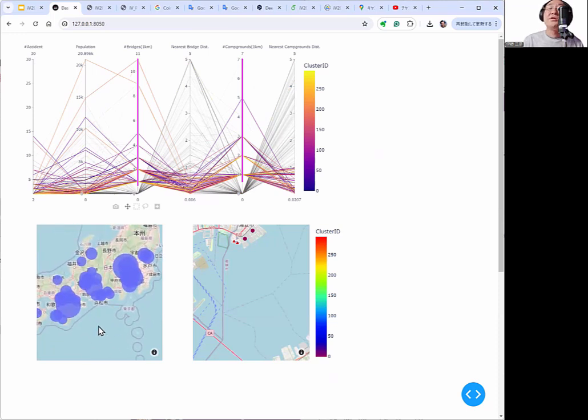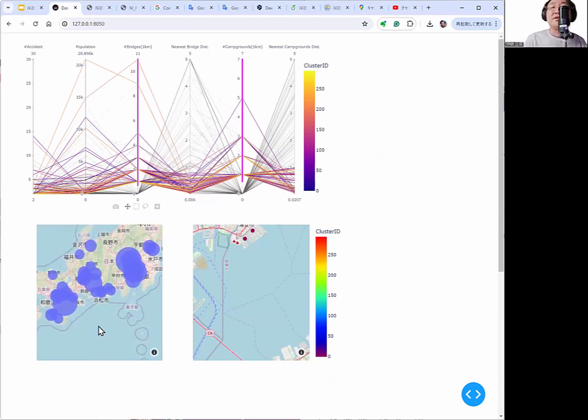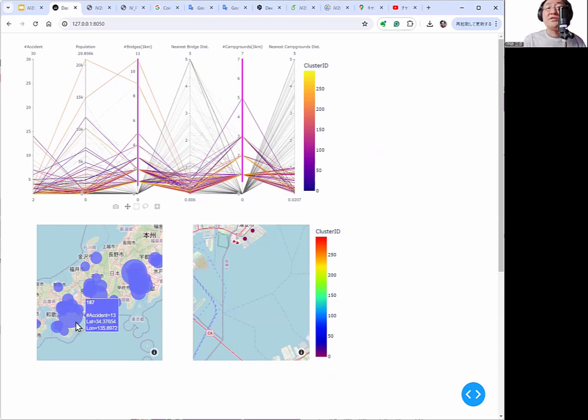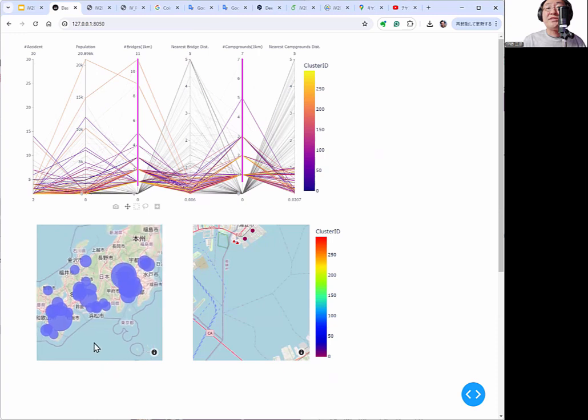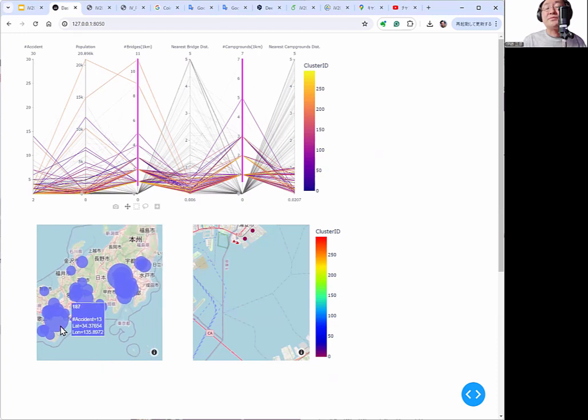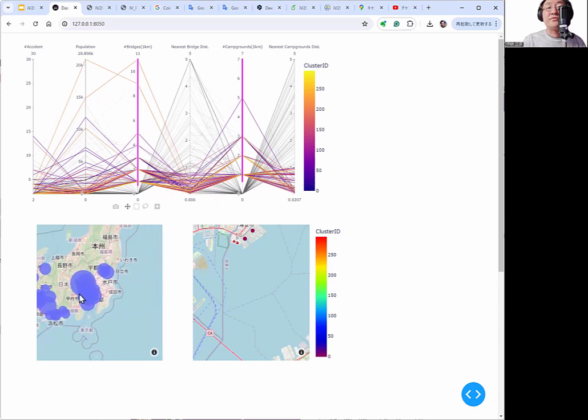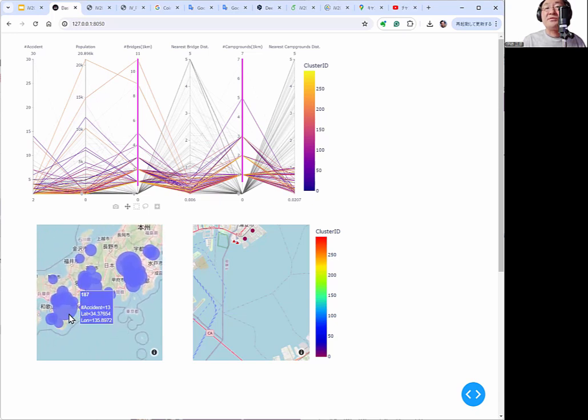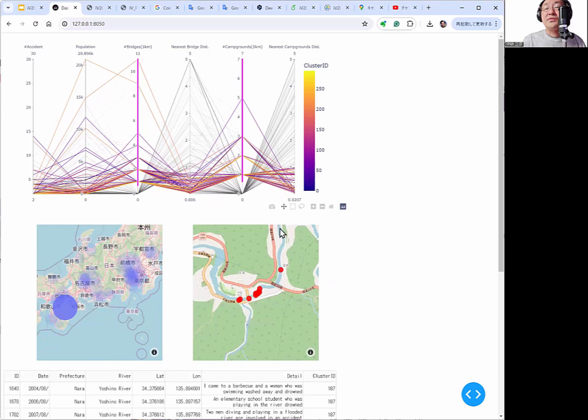There are many hotspots. And these 2 clusters are very large. This cluster includes 13 accidents, and this one includes 14 accidents. And I select this one, and the river is very twisted and has many accidents.